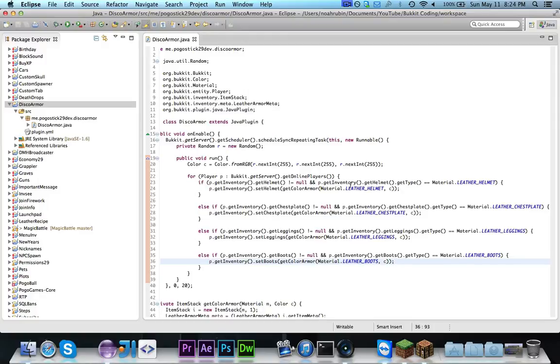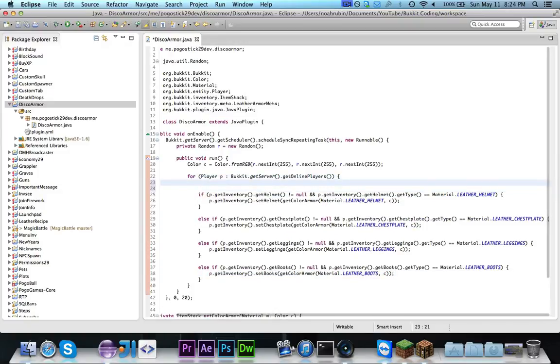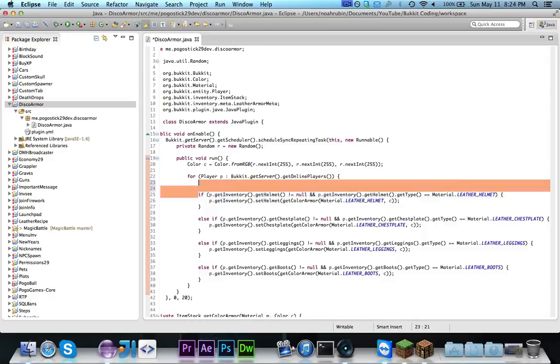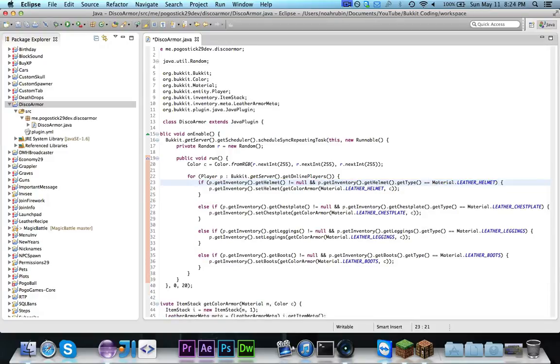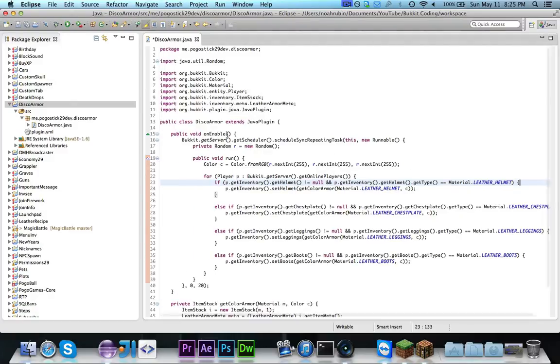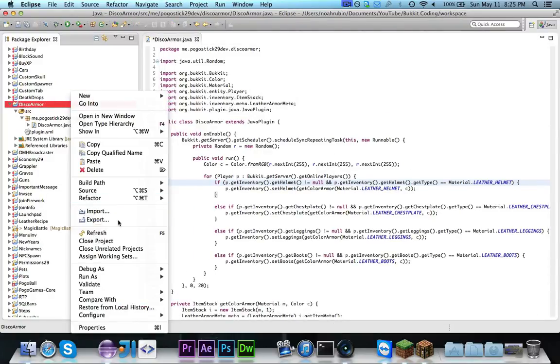Actually, now that I think about it, there is a method that gets all of the armor contents. I think it's like get armor contents, and it probably would be easier to loop through that. I just thought of it now, so I'm not going to do it, but you could loop through all of the items in the get armor contents method, and that might actually work a little bit easier. But this should work fine, so let's go ahead and export it,